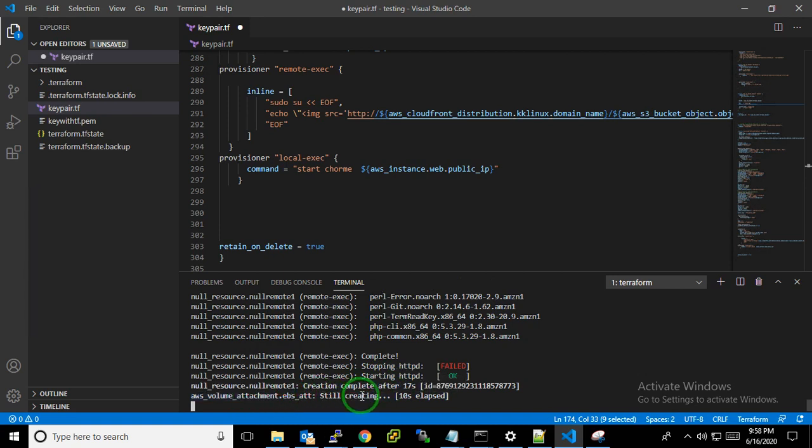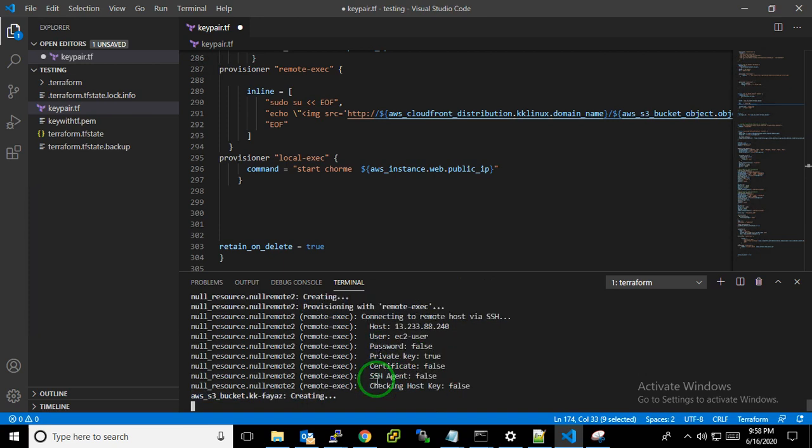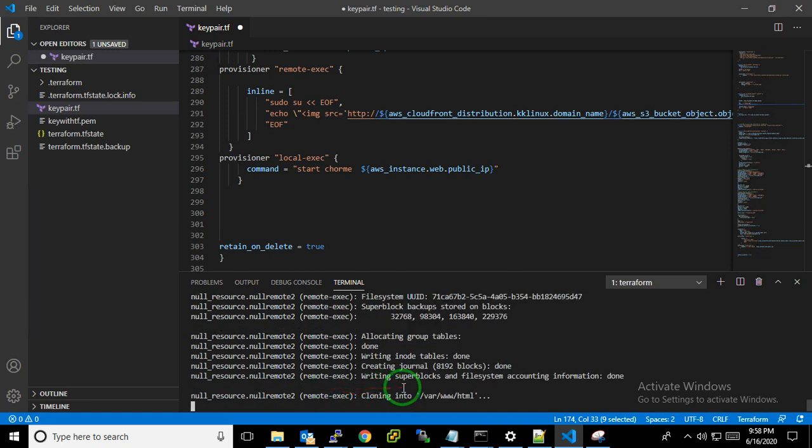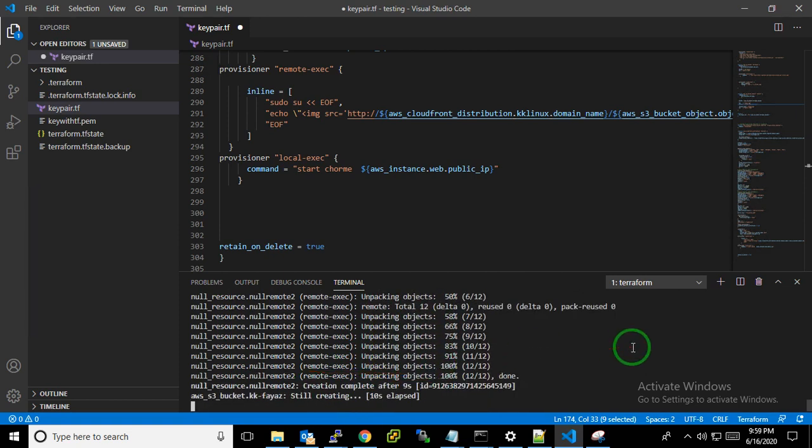We have created the EBS, and now it will be attached over there, and then go for the SSH, and now it is creating my bucket. The resource is connected again. Now the clone of the server image is downloaded. Now the S3 bucket is still being created.